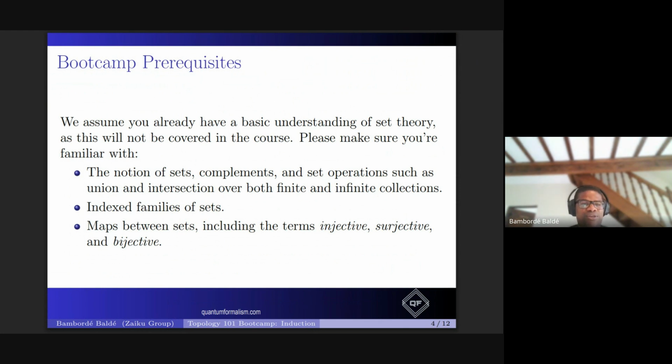And the other thing is also, understand what indexed families of sets are. Indexing is basically labeling. We can have a set and label its elements with numbers, for instance, 1, 2, 3. Just like you would do if you have a set of apples: you label them, this is apple number 1, apple number 2, and so on. But in mathematics, we can do this more abstractly. We can label things with other sets. It doesn't even have to be countable sets. So this is the beauty of mathematics.